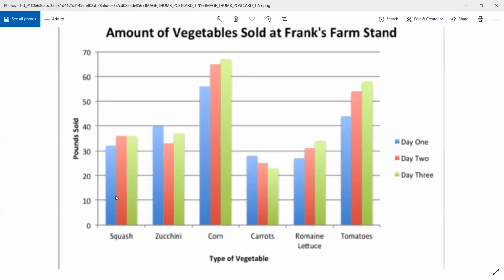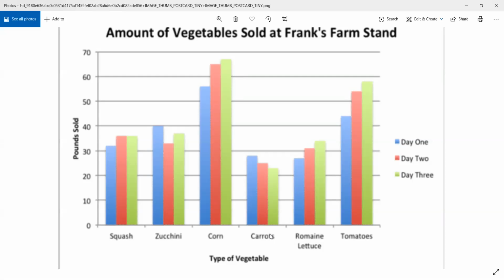single variable. So let's suppose I'm only trying to find what is happening to tomatoes. Is their sale increasing or decreasing? So I can clearly see amongst these 3 days, from day 1 to day 3 the sales have increased. And let's suppose we are talking about carrots. The sales of carrots have decreased from day 1 to day 3. If we can follow the graph here, we have tomatoes on the extreme right, carrots after corn, fourth in number from left, right? In that you can see the graph wherein there is a decrease in trend, basically indicating that sales have gone down.